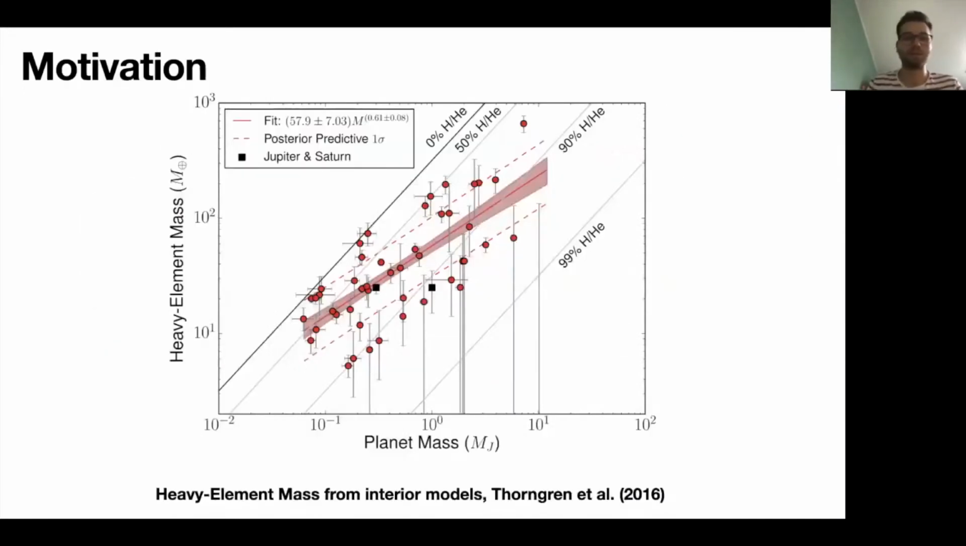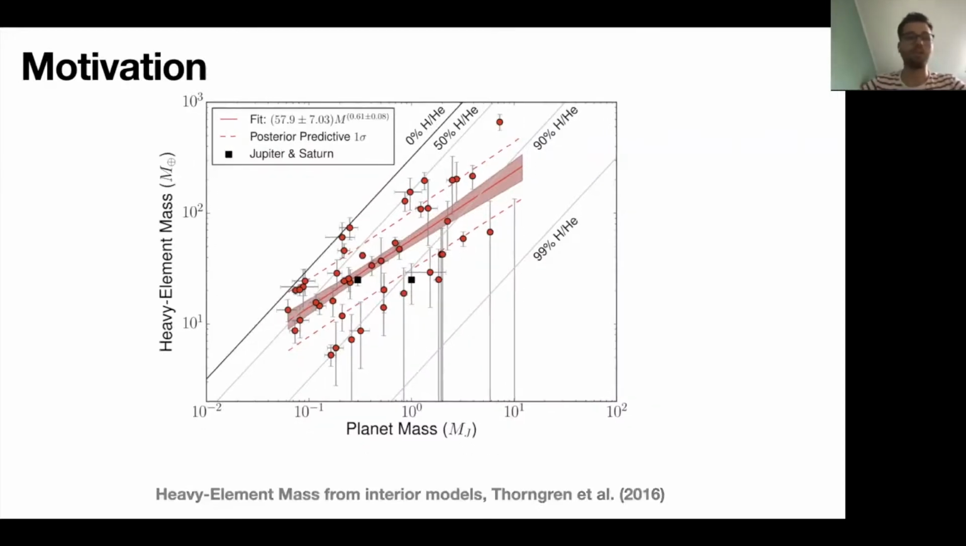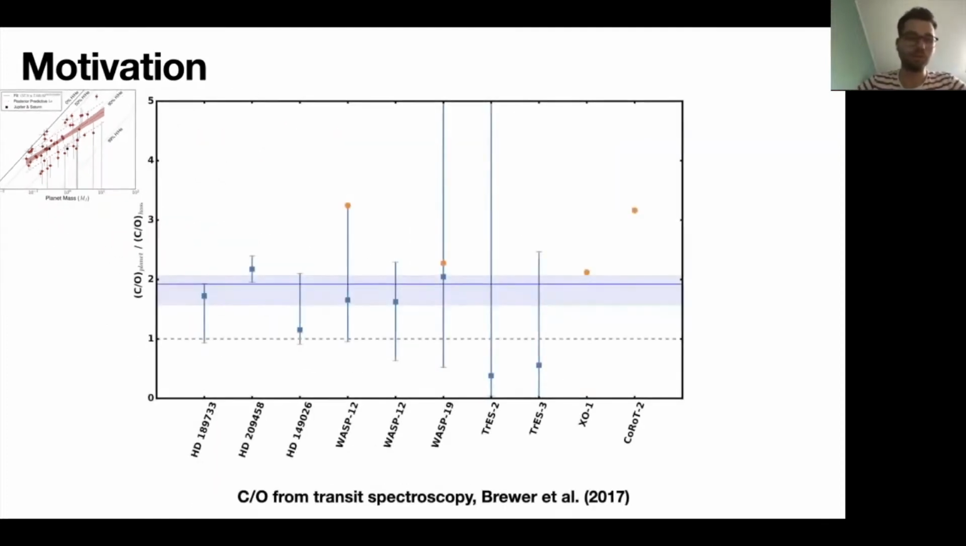Today we can observe different exoplanets, and this is a plot by Forngreen of the heavy element mass from interior models. So basically you measure the mass and the radius, and then you can infer how many heavy elements you need to put into the atmosphere and the core in order to get such a radius. So this is one observation. A different thing that you can observe is the C/O ratio of the atmosphere. This is a plot by Brewer et al., who compared the C/O ratio of a planet compared to the host